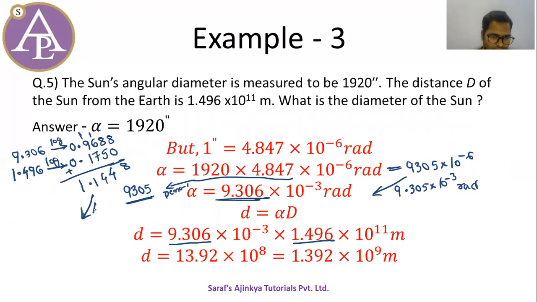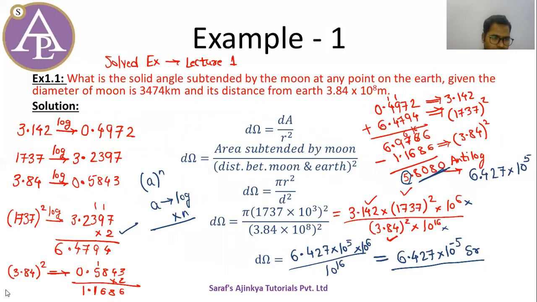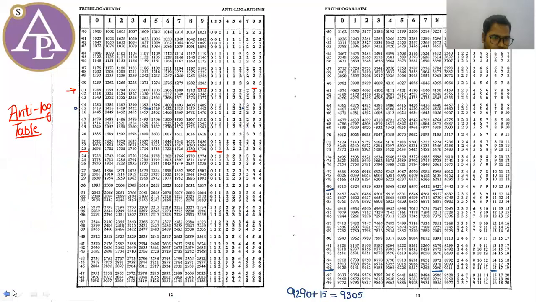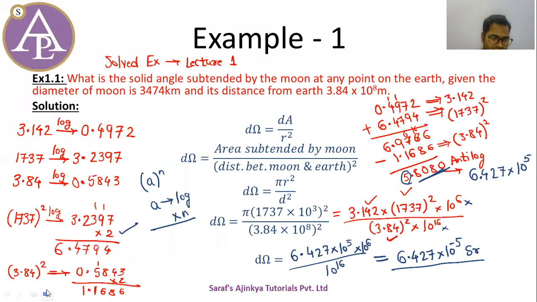Now we have to find its antilog. Correct. For antilog, we look at these 4 digits after the decimal. So 1448. So let us go to the antilog table. Okay. So 144 and this is 8. 1448. So 1393 plus 3. So what is 1393 plus 3? So 1393 plus 3 is 1396. Correct. So 1396.